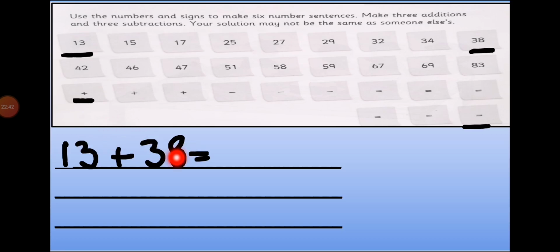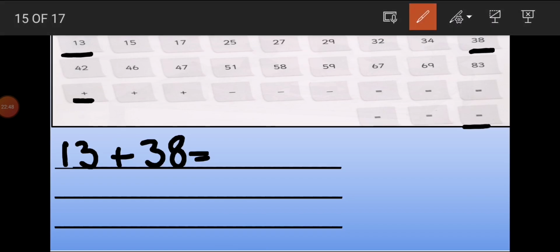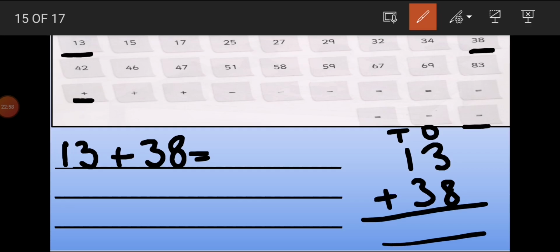Now I will add these numbers and get the answer. So again we'll do a rough work here. 13 plus 38. Put the place values, ones and tens. In number 13, 3 is ones and 1 is tens. In number 38, 8 is ones and 3 is tens. Now we'll add them. According to addition, the first step is to add the ones. So we'll add the ones, 3 and 8. Put 8 in your mind, now count on 3 more. 8, 9, 10, 11. The answer is 11.